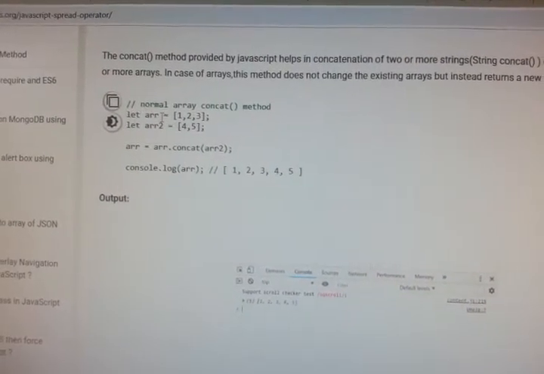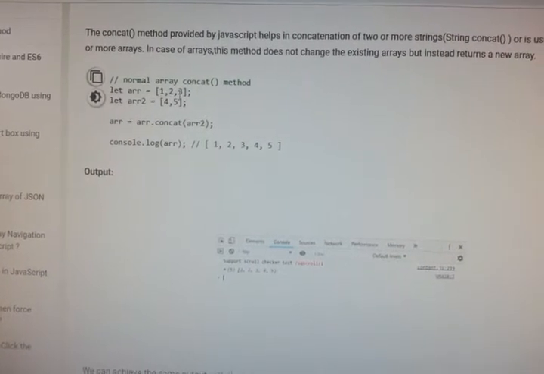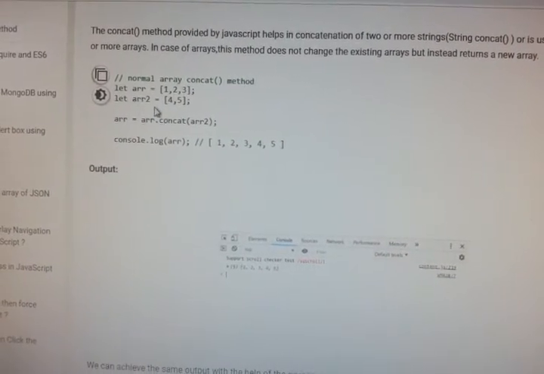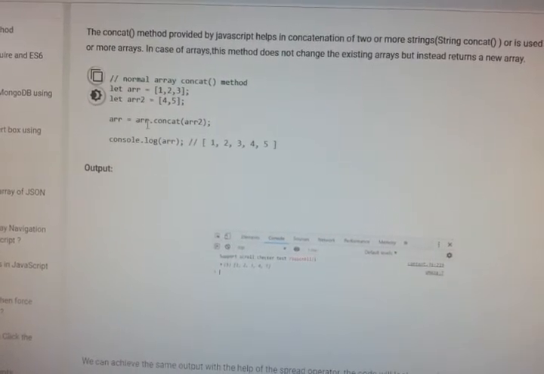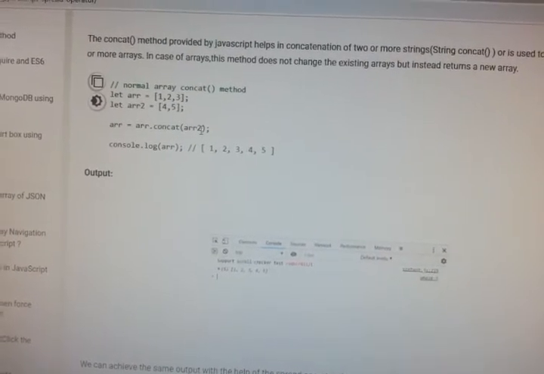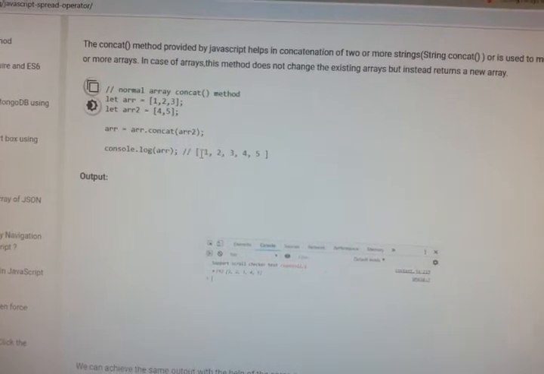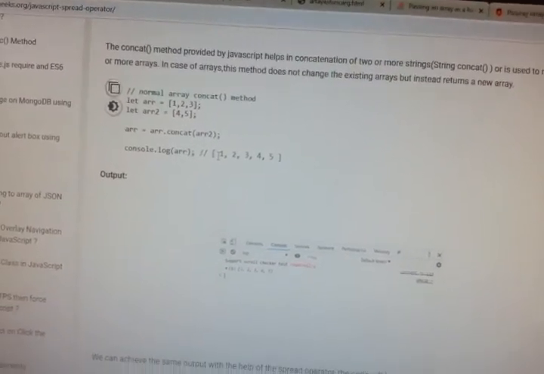We have one array which has the values 1 2 3, then another array 4 5, and the first array we are concatenating with the second array. When we print that, we should get 1 2 3 4 5. So this is what the concat method does.